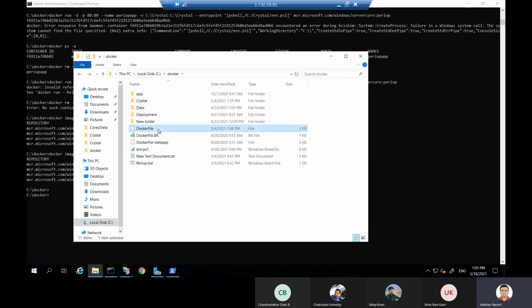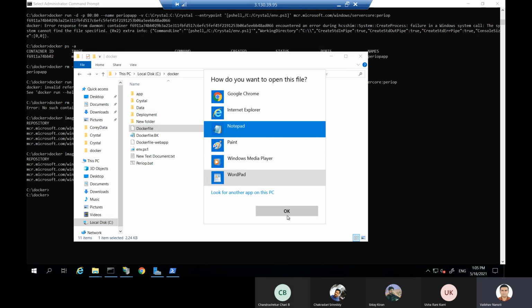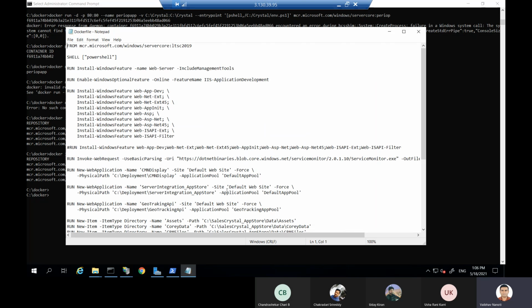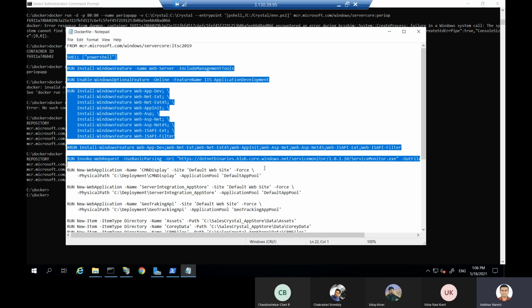Now I prepared one Docker image, the same way as a web app, to create the PeriOps server. The PeriOps server is a little bit complicated, because up to this configuration it is the same. For example, I want one base Docker engine server in which I am supposed to install my IIS and configure the IIS, and up to this point it is the same as a web app.